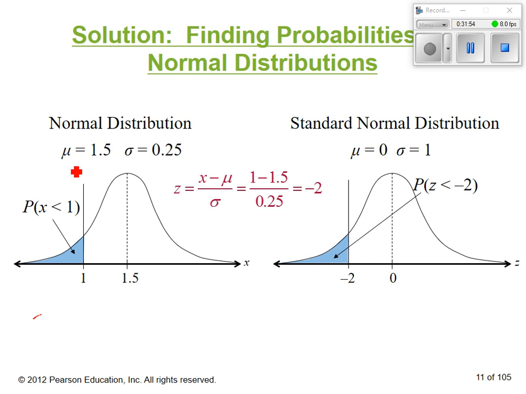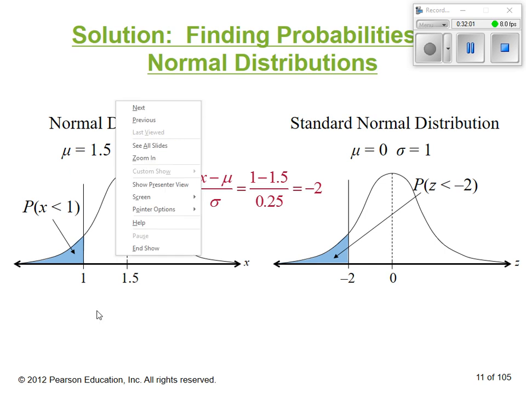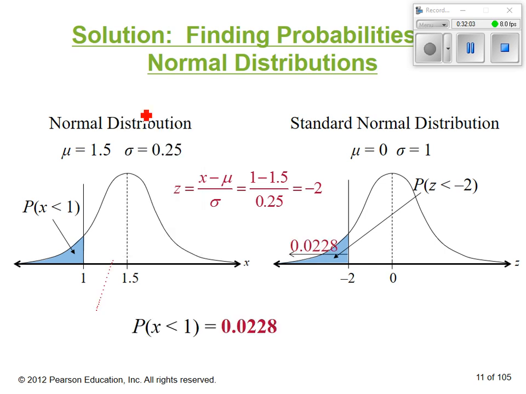So again, we could change it all into z-scores. You could use the chart. Find that area. Could use your calculator, doing the same as we were doing last time. That's going to give you the probability. The probability that X is less than 1 year, so the probability that the person keeps their phone less than 1 year before they get a new one, is about 2%. About 2% of the people are going to have their phone for less than a year and then get a